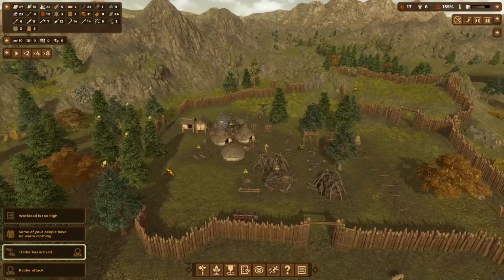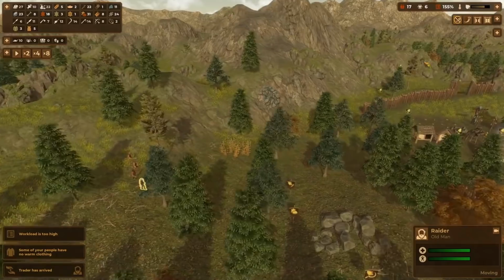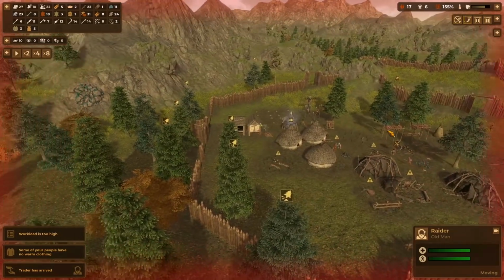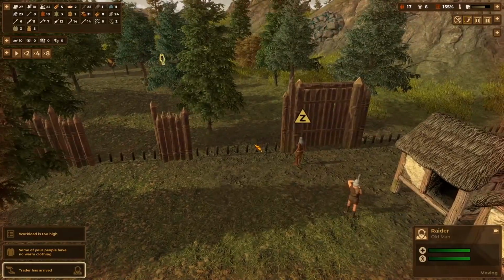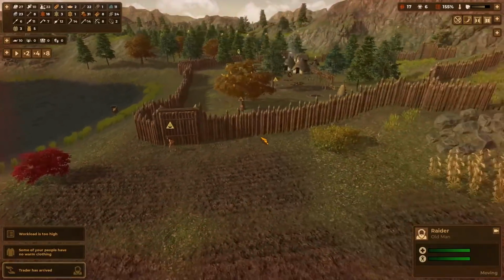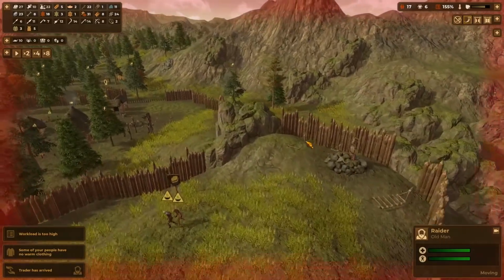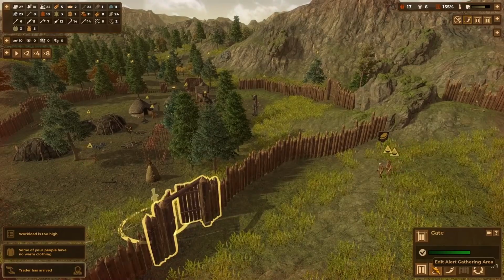Perfect. All right, well, the trader has arrived, but so have the raider attacks from the same side again. Let's close those gates. And let's get everybody to the defenses. Well, so much for closing the gate, huh? Our people have done a good job, though. They've enclosed pretty much 90% of the entire camp. There are some areas that they've missed, but we'll buff those out. It'll be alright. And we'll get this one opened up so that way our people can...